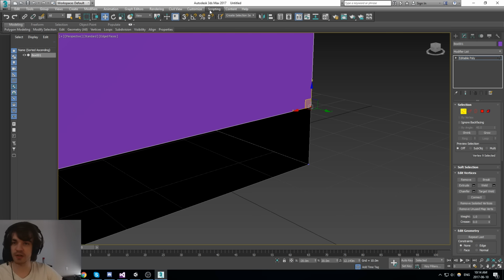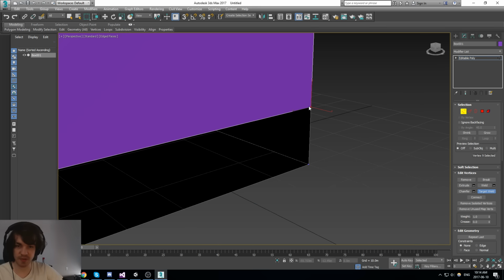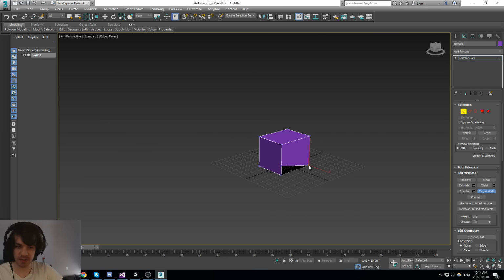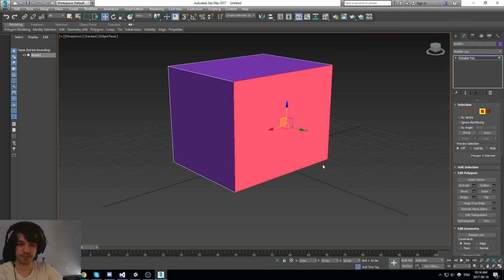Okay, so let's find Target Weld. I have Target Weld for polygon. I think that's the one I'm looking for. I'll bind it on Q. Let's try it out. Click here, click there, they merge. Nice, amazing. We'll only be using these ones first.